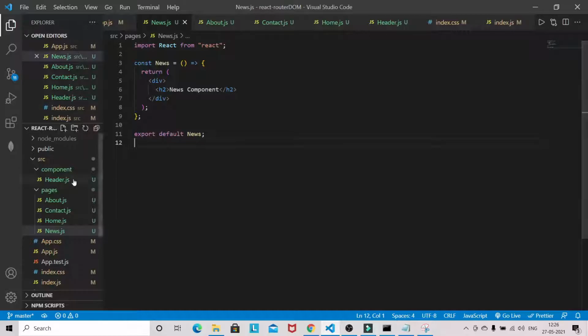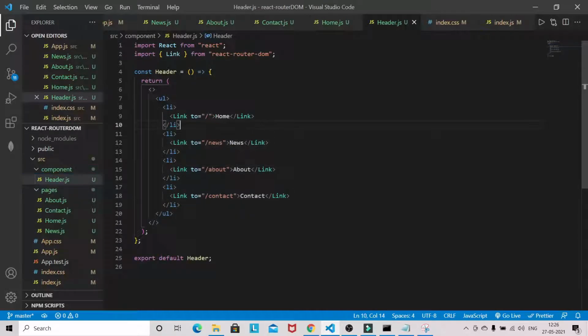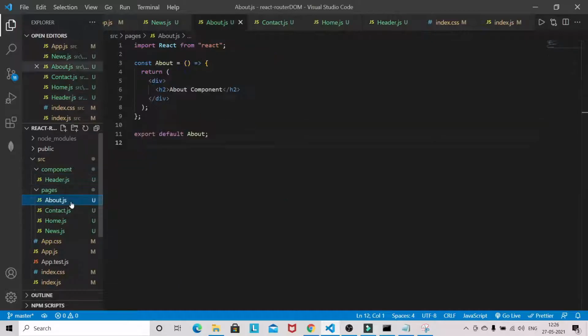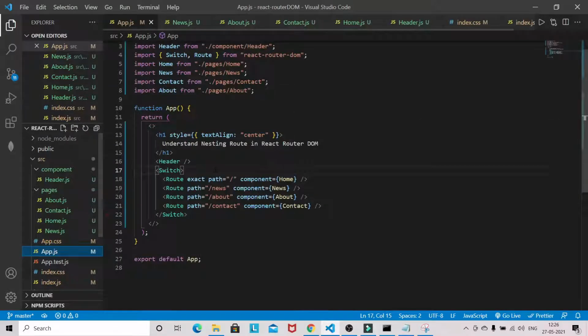We have one header component in which I have our whole navigation: home, news, about, contact, and we have a specific page for each route. In app.js I have registered all the components with their respective routes.